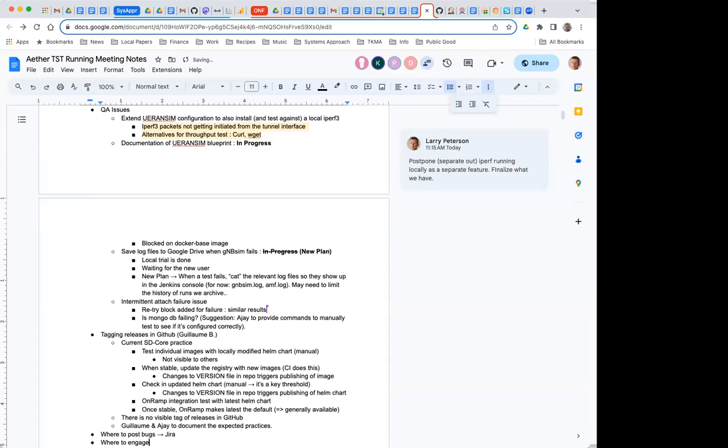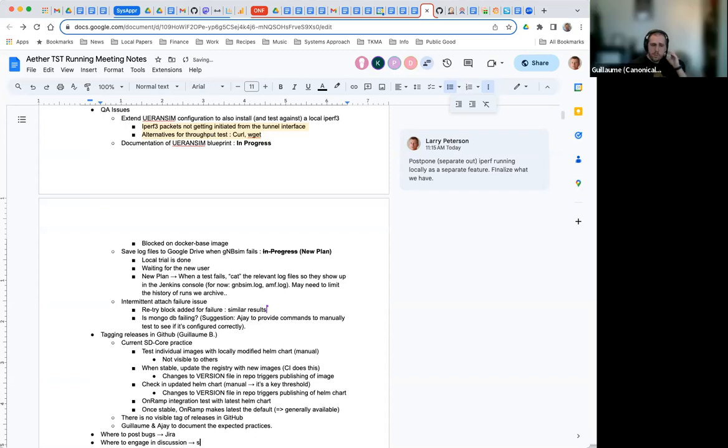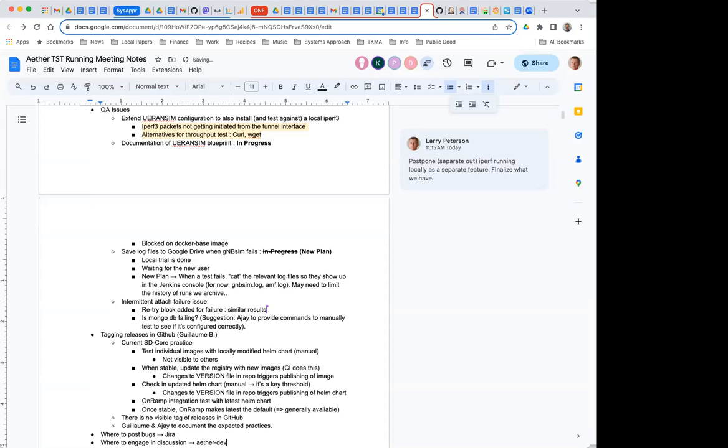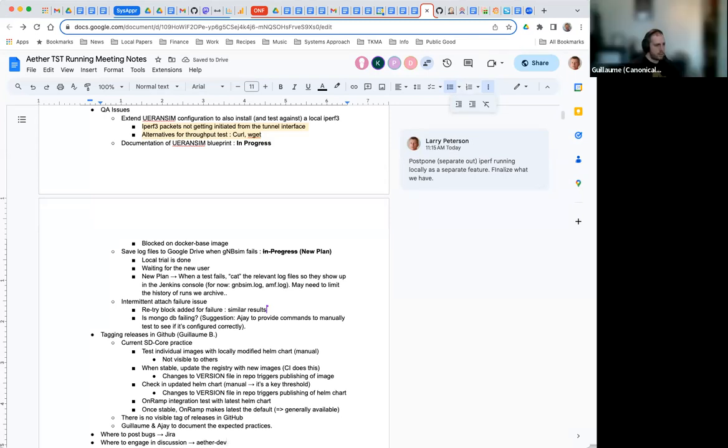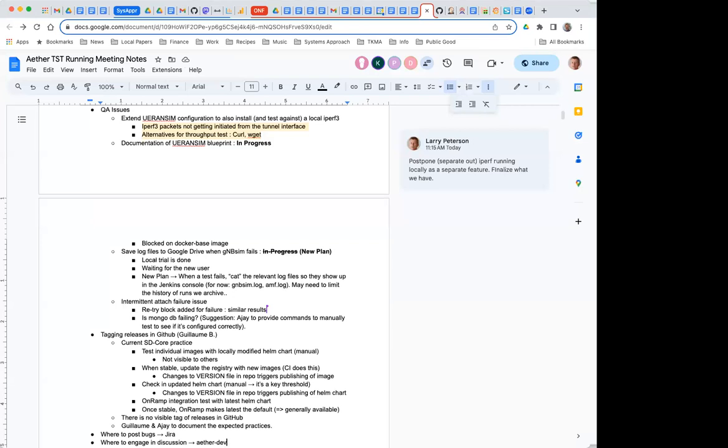Where to engage in discussion? The answer is probably Ether Dev. But for Jira, people need accounts, right? Who has accounts? Generally, any ONF users should be in the all users group and be able to file tickets.